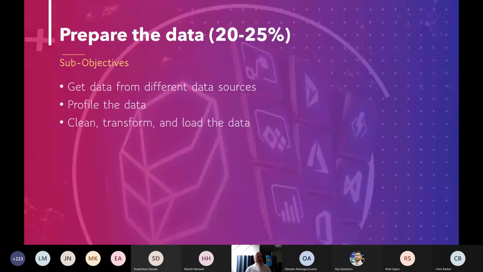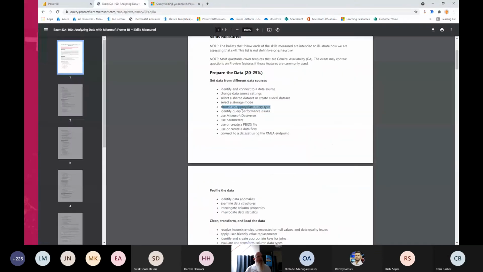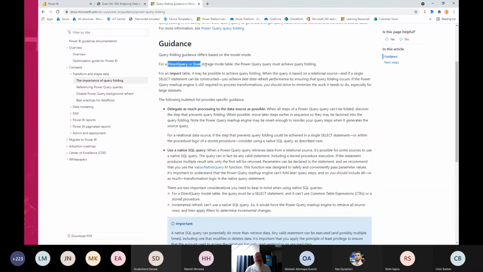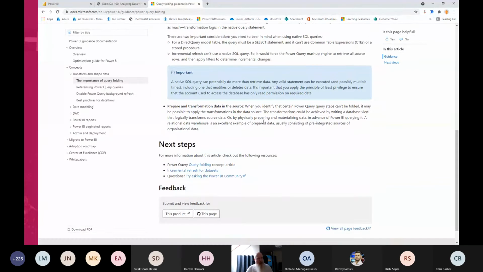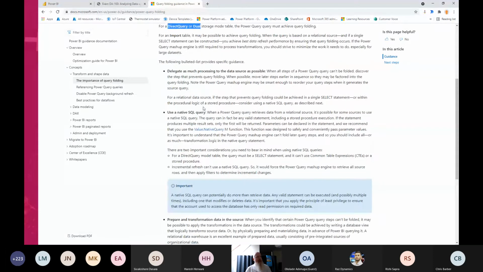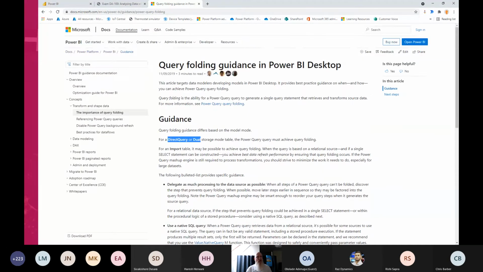And if I was writing the question, so we go back to that page. On this page, query type, I know what query type means. I know it's import or direct query. I'm probably going to write something. Oh, I might be able to bring some other things here. Okay, storage mode, and bring that in, and go, okay, direct query or storage mode. Then look at query folding. I'll probably write a question about query folding in here. When does query folding help, or how do I ensure query folding? But then I have to have something in here that explains what query folding is, or gives me an answer as to why. Okay, so that's how questions are written.